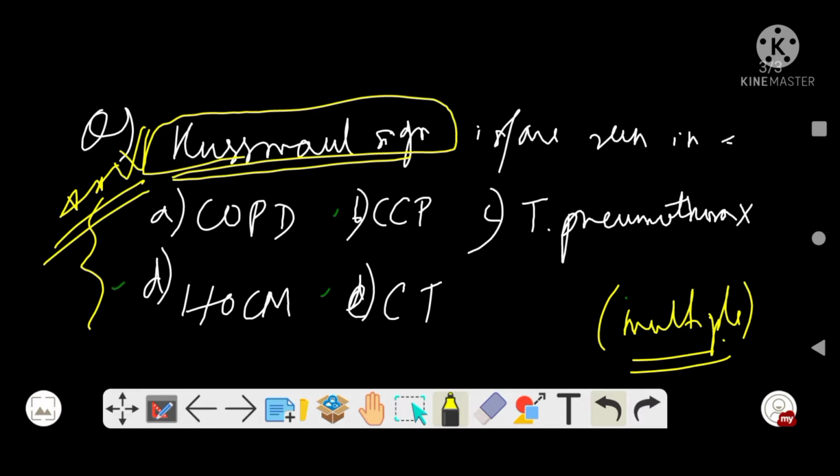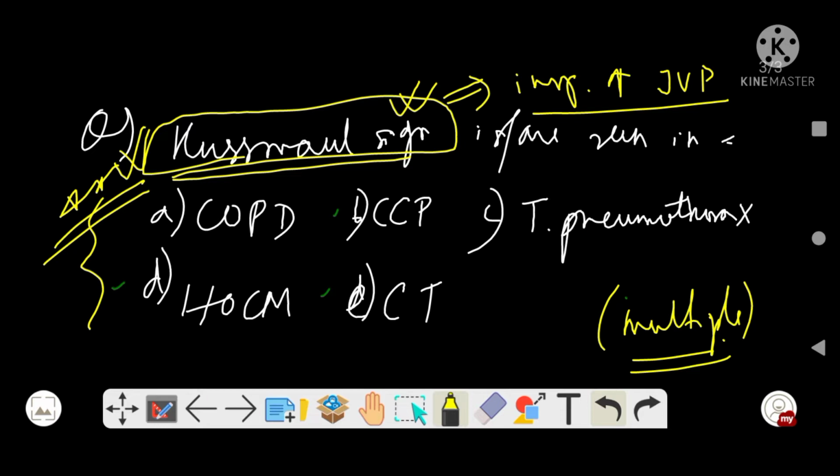This is your question. So actually this is related to your JVP as well. The topic is Kussmaul sign, right? We will discuss Kussmaul sign today and the conditions where we will find it. So see, Kussmaul sign denotes an inspiratory increase in your jugular venous pressure. First thing you will remember is that this is an inspiratory increase in jugular venous pressure,